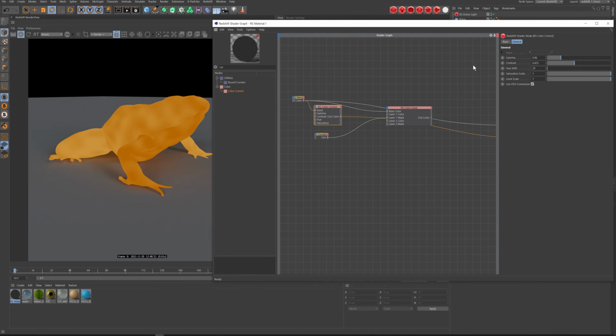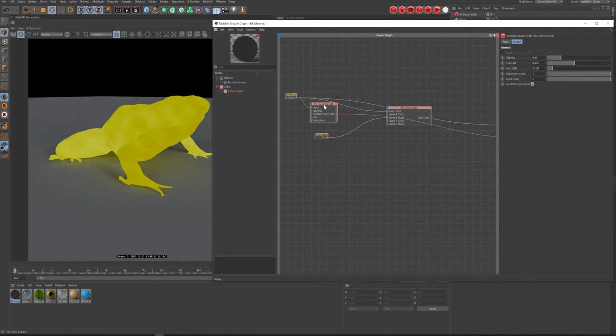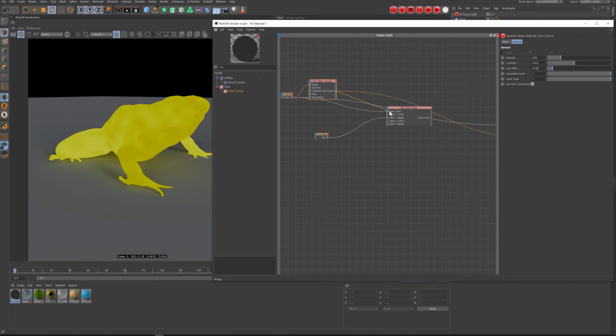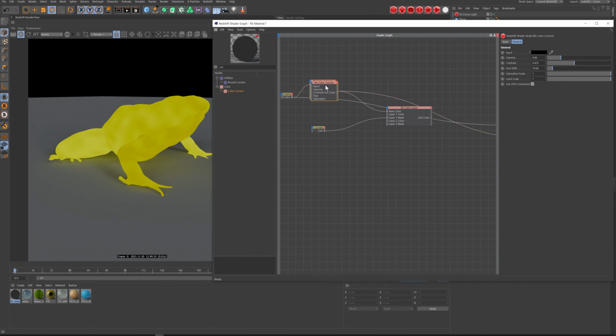So I'm just typing in these numbers that I played around to get. So this is essentially going to be our first color. So as opposed to using this ramp just straight, I have this color correct, and I'll put that into my base. And then I have a second color that I'm going to basically take this color correct,